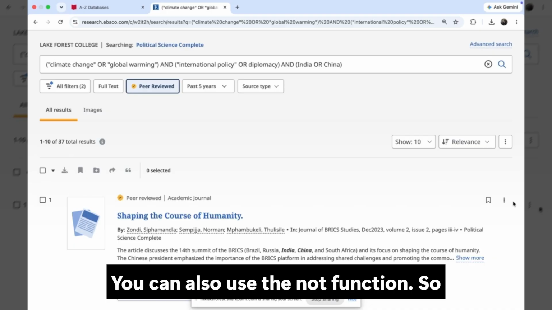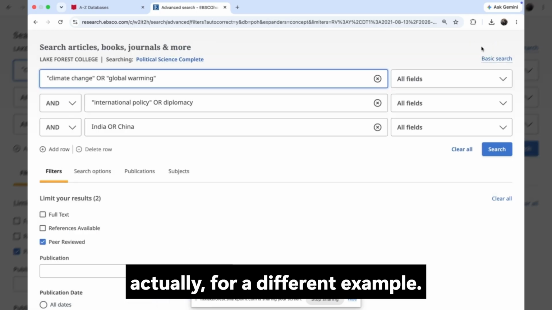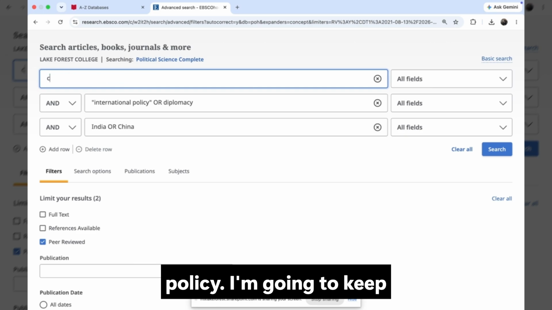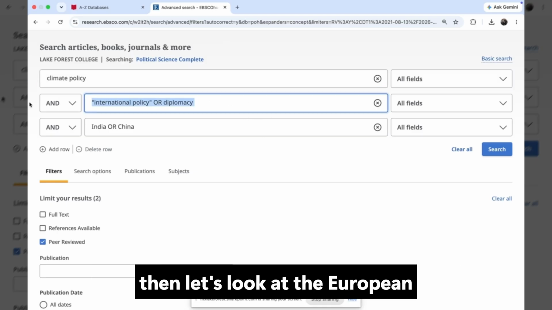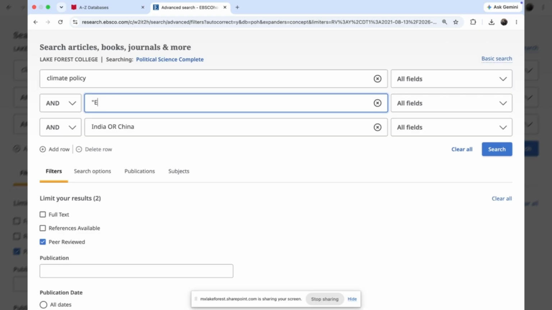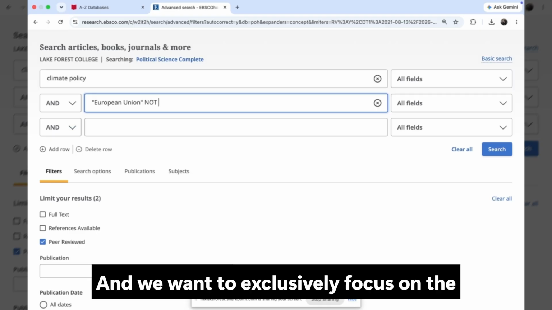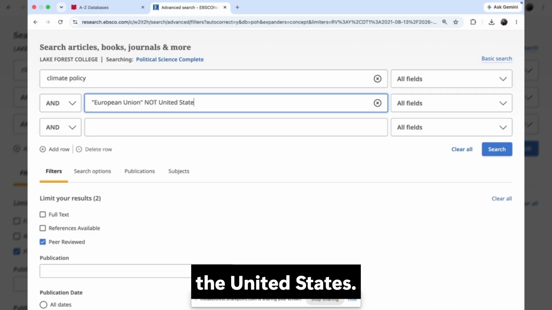You can also use the not function. So let's change up our search again, actually, for a different example. And we want to look at maybe climate policy. I'm going to keep this one without quotes just to see. And then let's look at the European Union. And then we want to use not. And if we want to exclusively focus on the European Union and don't want articles on the United States,